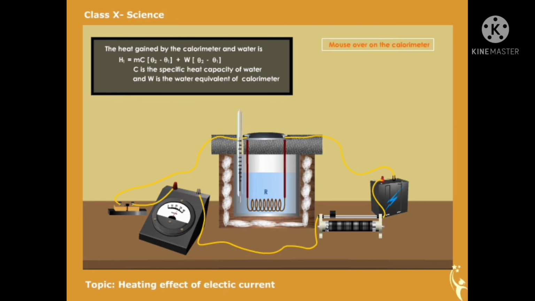He then repeated the experiment by passing the same current I through different coils. He observed that when the same current I was passed for the same time t through coils with different resistances, the heat produced was found to be proportional to the resistance of the coil. That is, H1/R1 = H2/R2 = H3/R3,